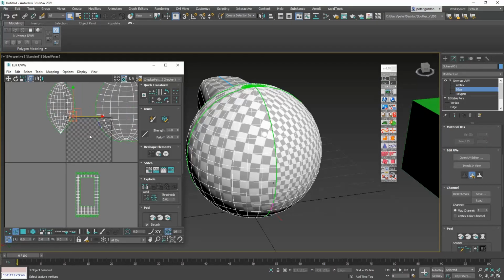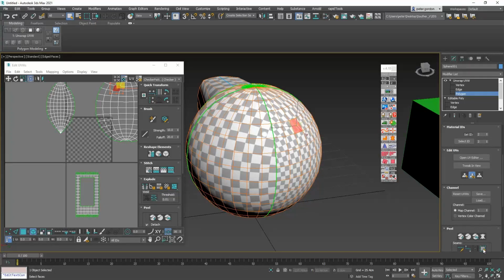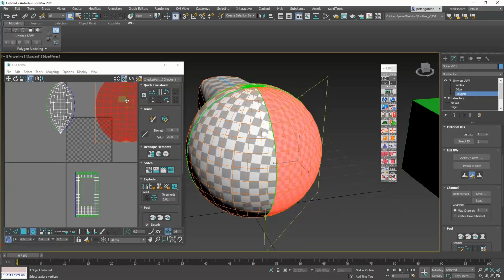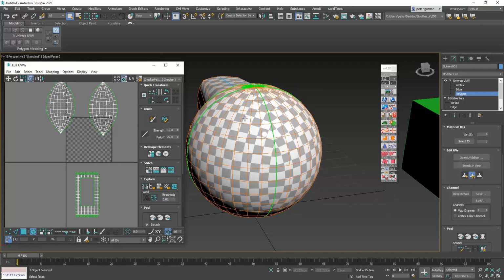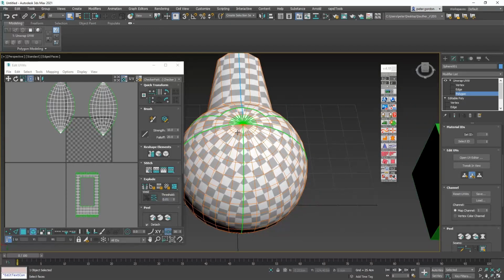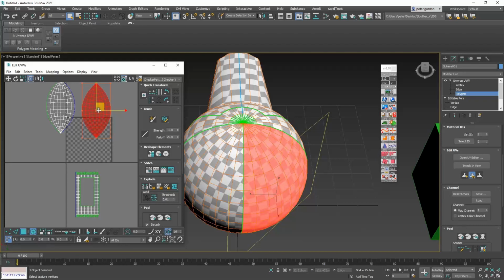Now, if I select, actually, let's just undo that, or put it the same. So I'll expand that. I'll put that back to where it was before we pelt mapped it. So that's that there. Sort of looks okay. You might think, yeah, great. But the seams might be important. One area of the seams might be okay, here and here, or you might need that. So what we'll do is,